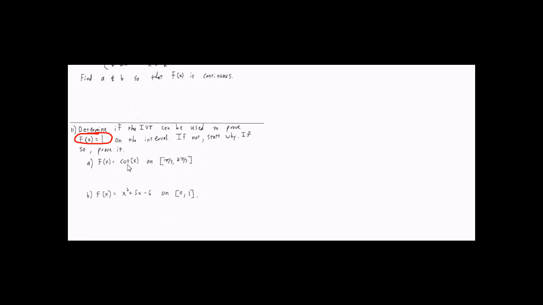Okay, so let's look at cotangent x. Cotangent x is continuous from pi over 3 to 2 pi over 3. It's actually only discontinuous where sine is 0, which is at pi, 0, 2 pi, 3 pi, 4 pi. So since pi over 3 to 2 pi over 3 doesn't cross pi, cotangent is continuous there. So all we're going to say is,